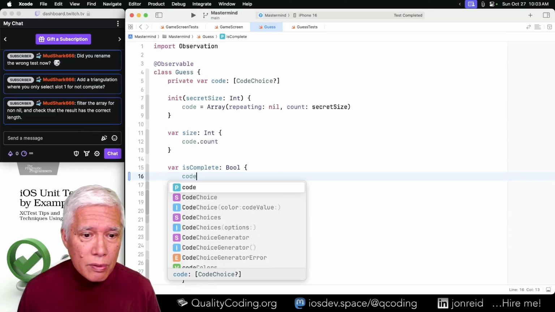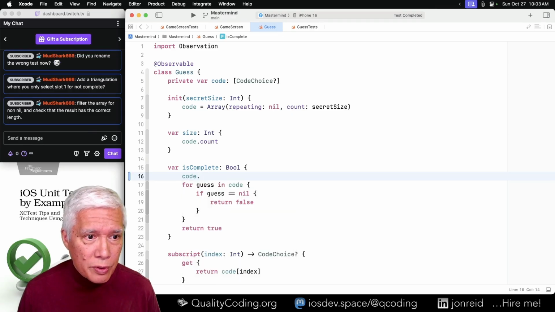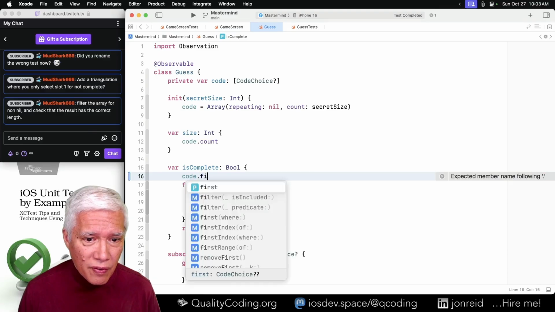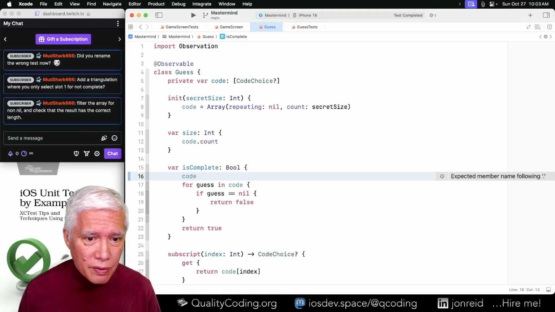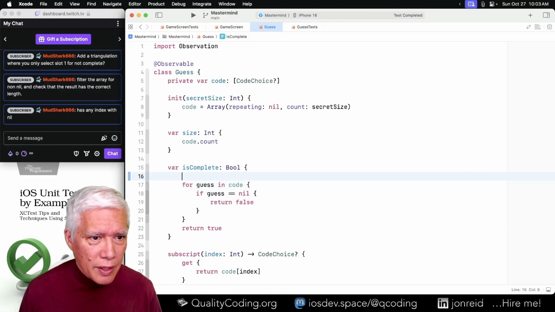Let's see, code filter, or do a search. Is there anything where I can say search for an element? Find. Has any index with nil?